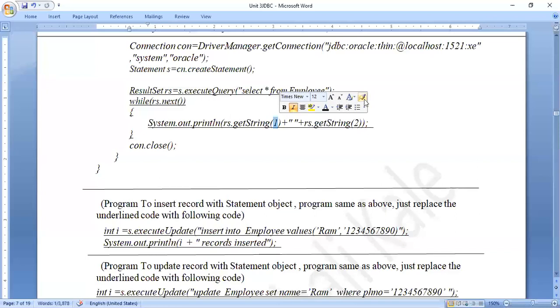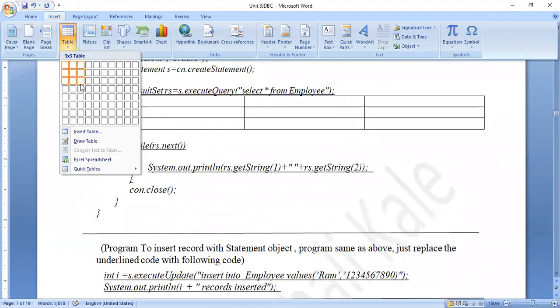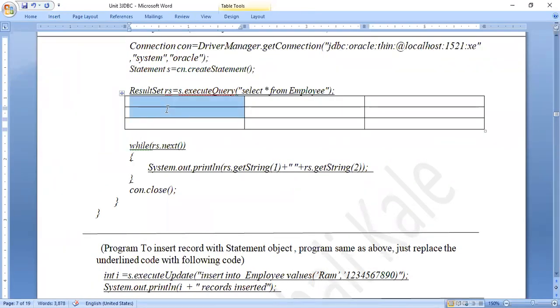So in my result set, for example, here I have a result set. I'm just showing you, inserting a table here. Suppose I have a result set here. I have here A, B, C, etc. And here I have X. So X is the second column, A is the first column. So in my result set, the first record is A and X. These two values are there.